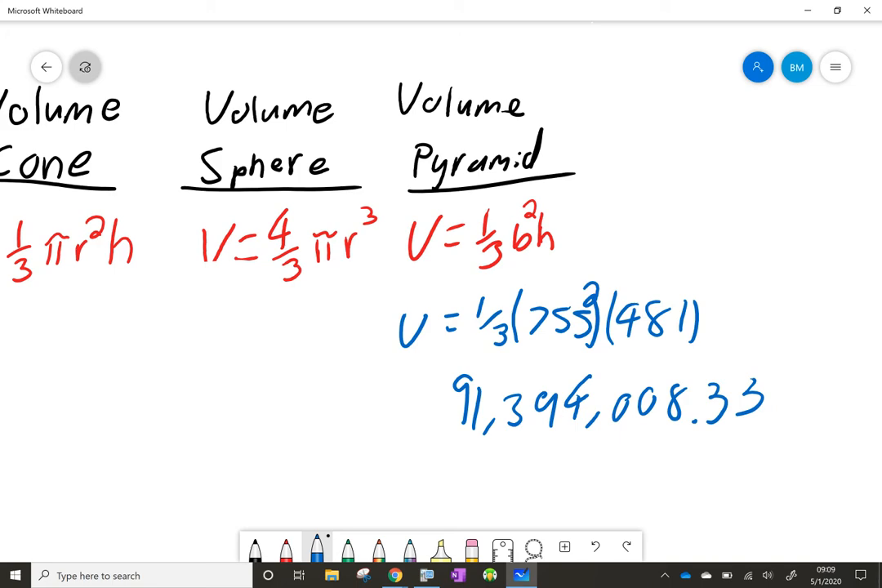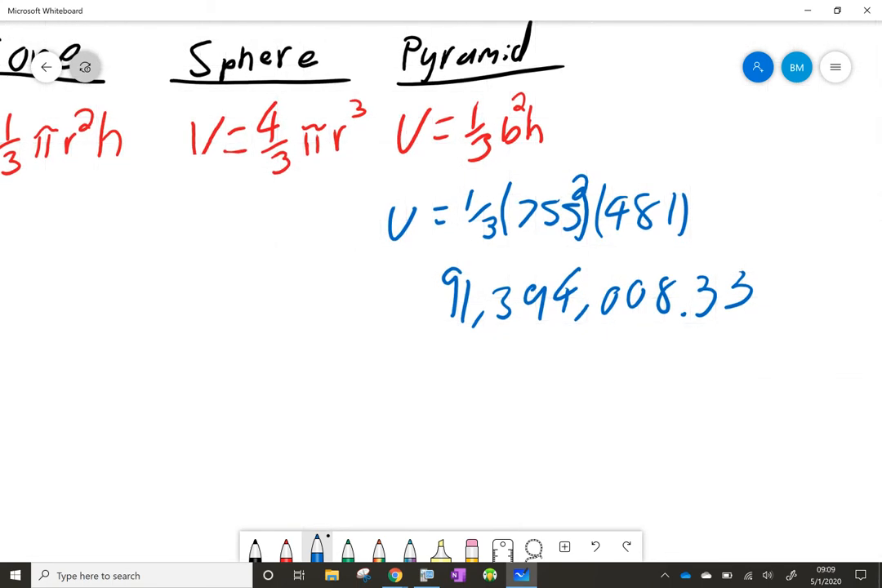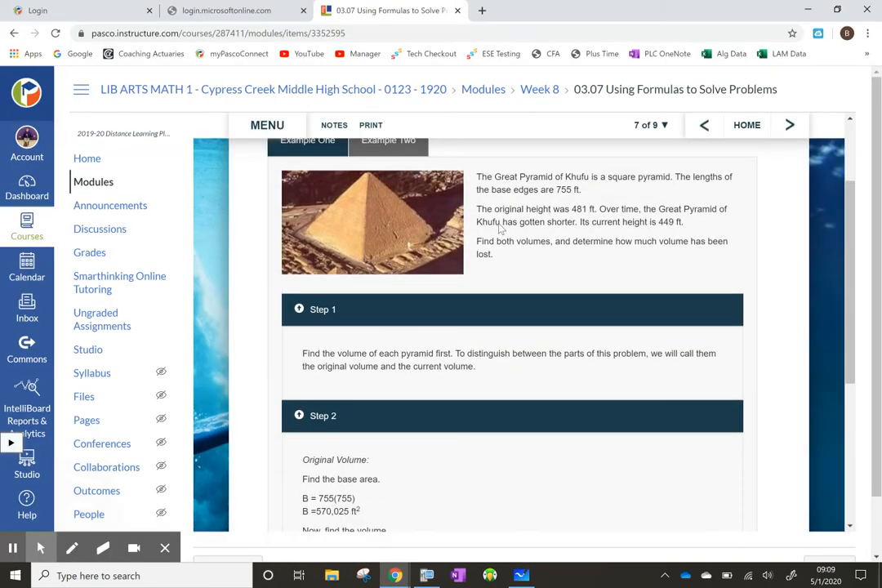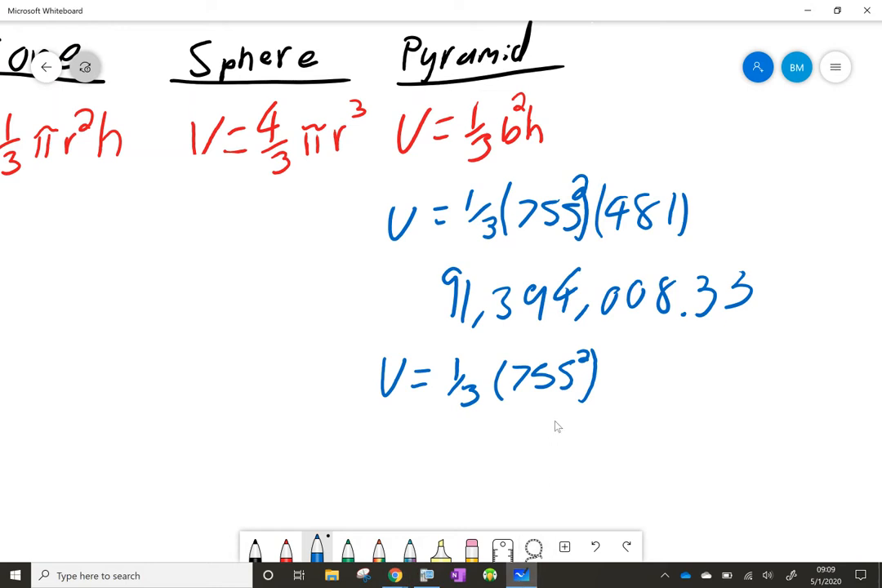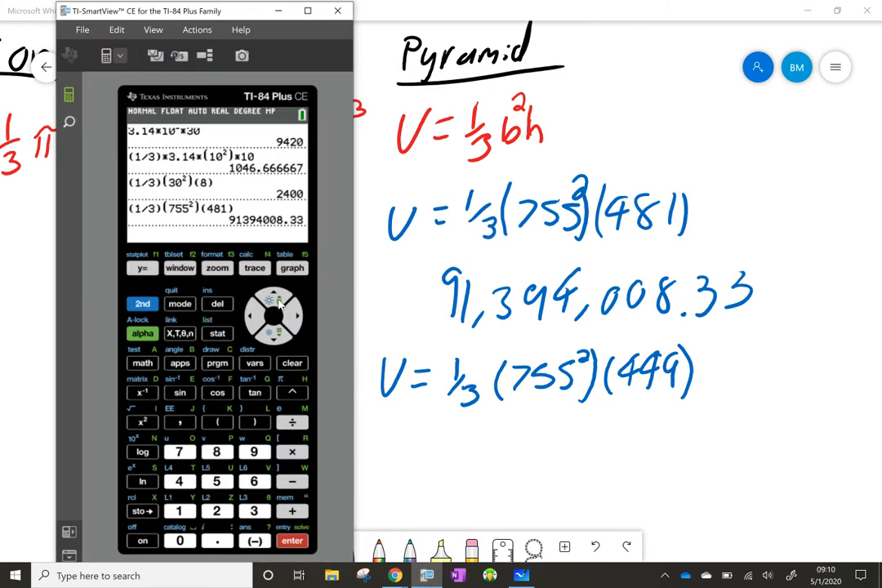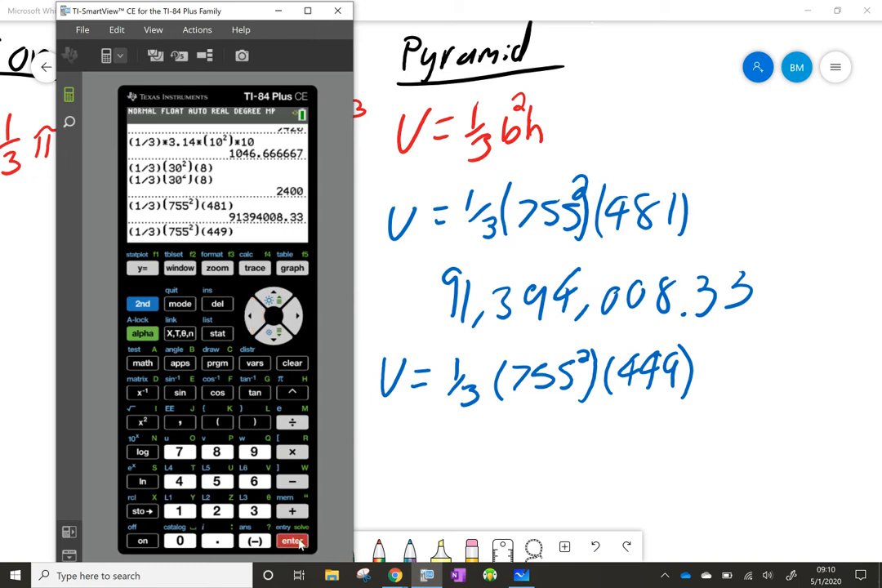So now we'll do this again, but with the new modern day volume, because remember it got shorter. So the volume is equal to 1/3 times 755 squared. And then the current day height is 449 feet. So we're going to put that in here. Again, just put this in the calculator. I'm just going to copy and paste this to make it faster. We're just going to change this to 449. Everything else stayed the same. And this is equal to